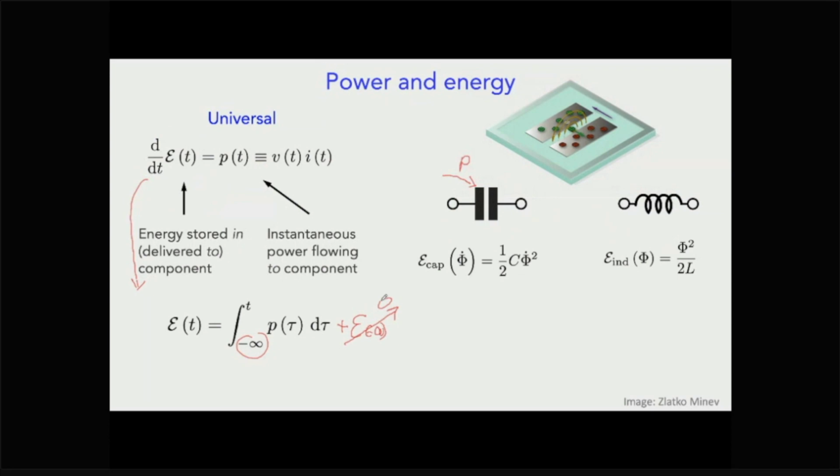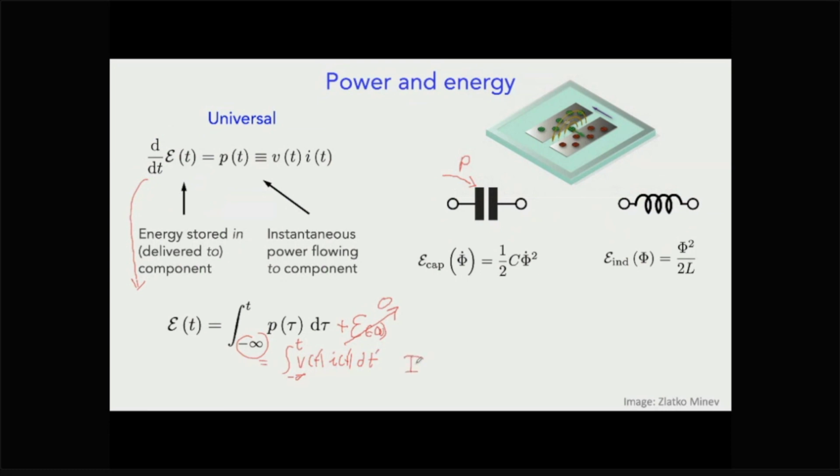I'll leave it as an exercise to you because it's pretty easy to change the variables of integration here from the integral of v of t, I of t, dt from minus infinity to time t, and these should be primes, excuse me,